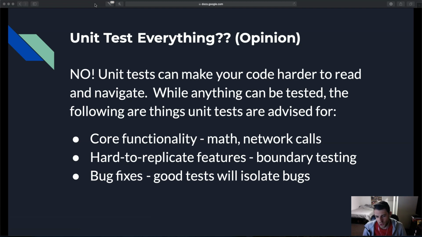So stick to unit testing things that are important, like your core functionality, the things that are necessary for your app to work, especially any arithmetic you have in the app. Network calls. Network calls are good to test. I have a video on that as well that I'm working on. The link will be in here. But anyway, any hard to replicate features,